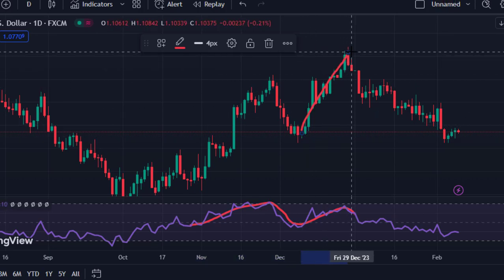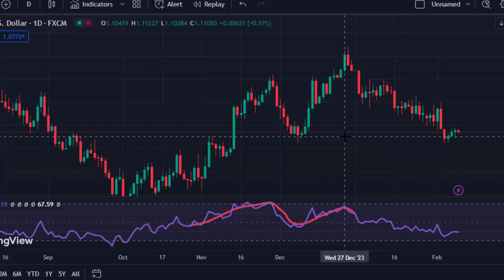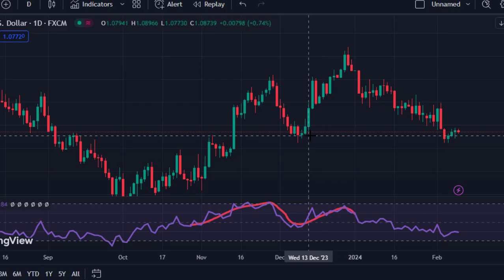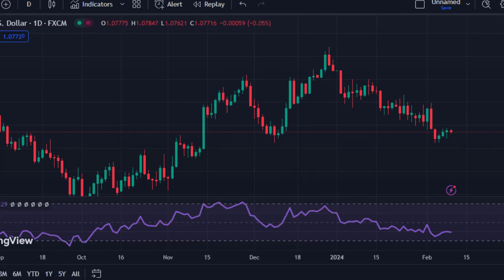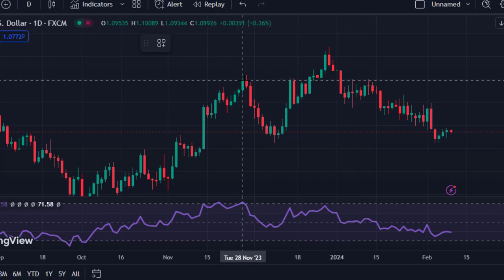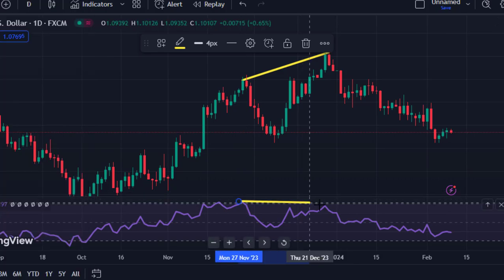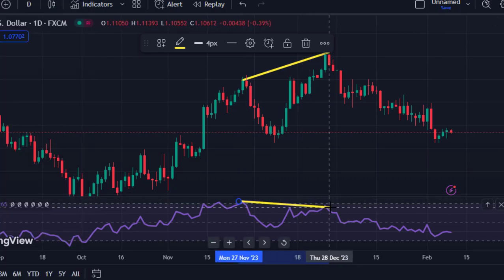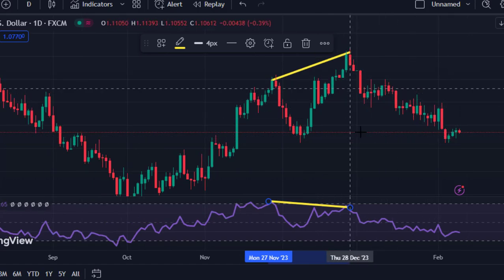This is a clear divergence to trade on your chart, and this is a divergence that you should not miss on your chart because it works 90% to 95% of the time. So if I place this back on my chart from this very point, we see divergence right here to this very point, and then from here to this very area we see this divergence, and this is a bearish divergence. The reason is because you're expecting the market to move back to the downside, and that is the exact same thing